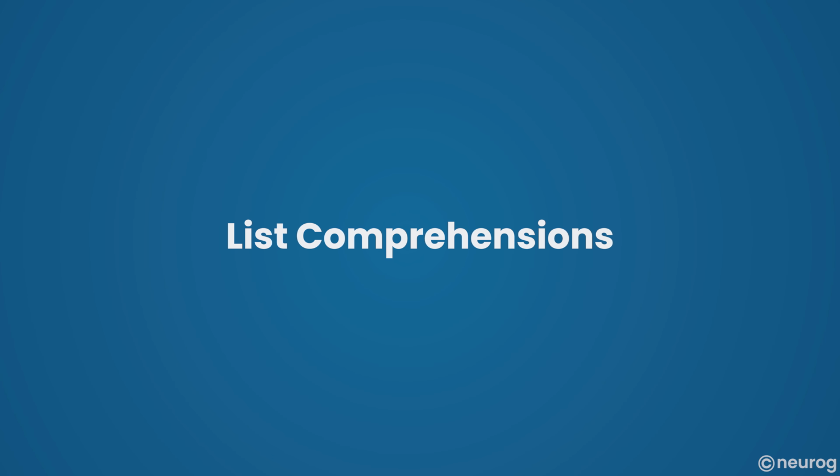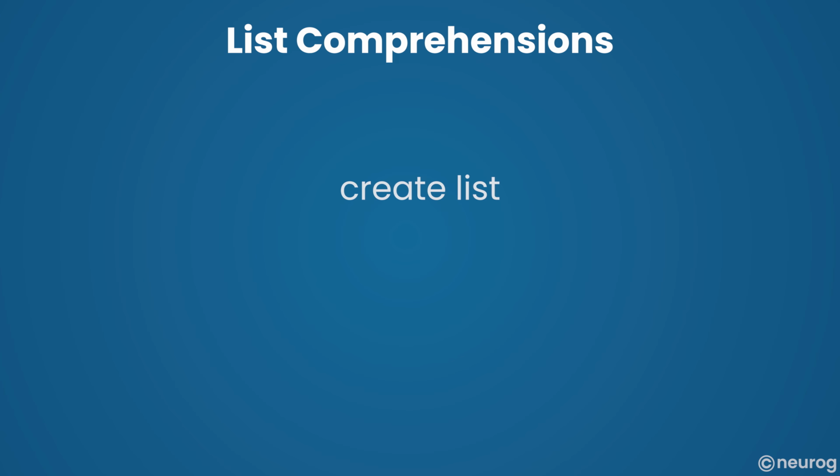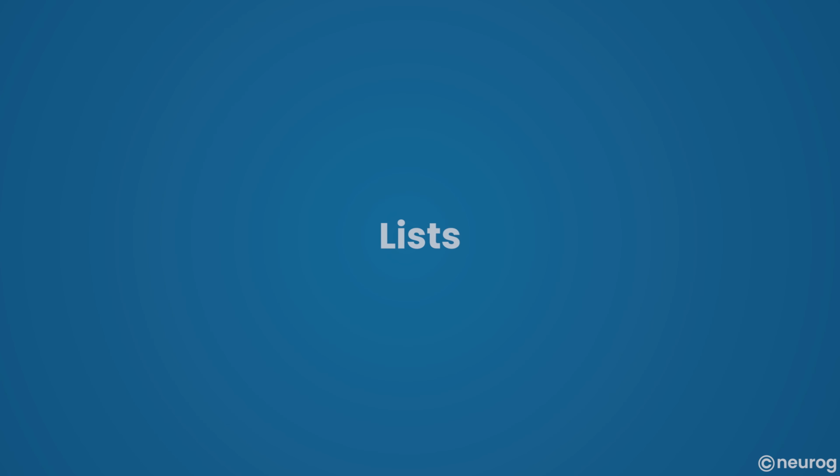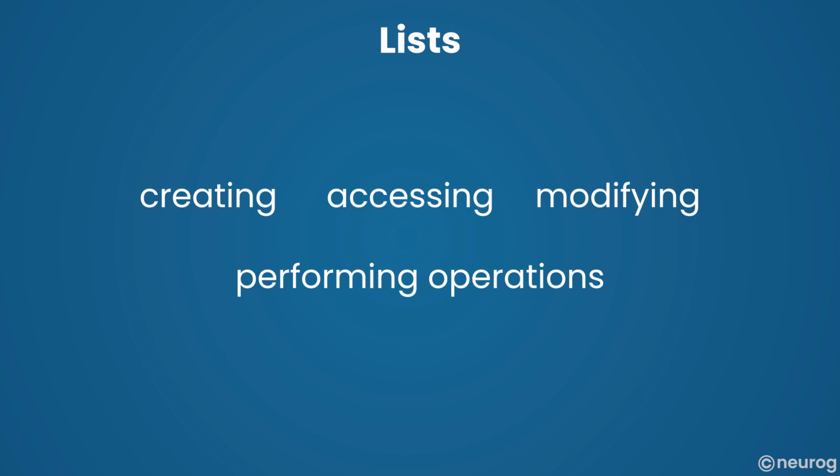List comprehensions are a concise way to create lists based on existing lists. Let's see how list comprehensions work. In this code, we create a list of squares and filter even numbers from the numbers list using list comprehensions. In this tutorial, we've covered the basics of lists in Python, including creating, accessing, modifying, and performing operations on